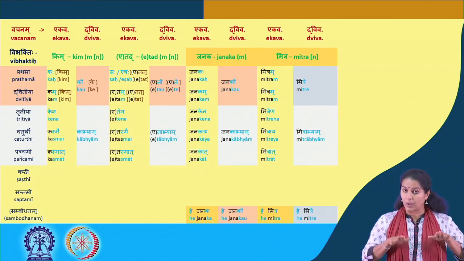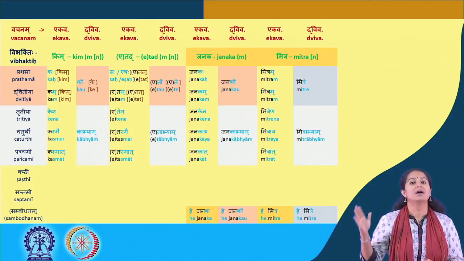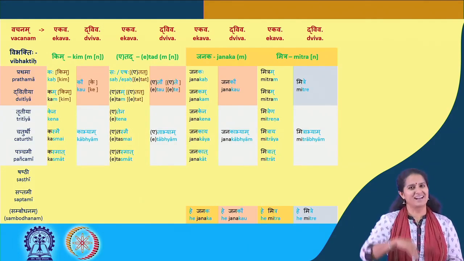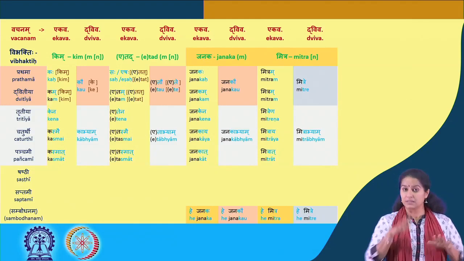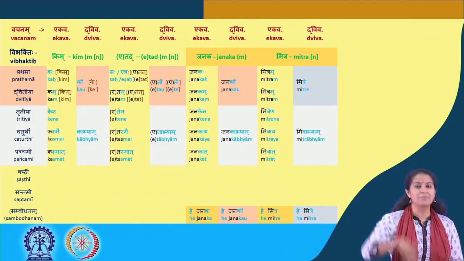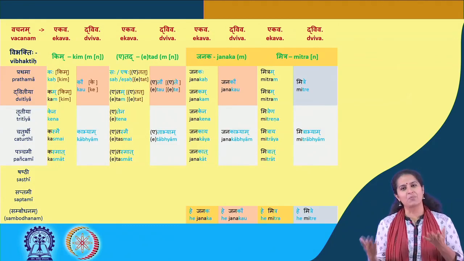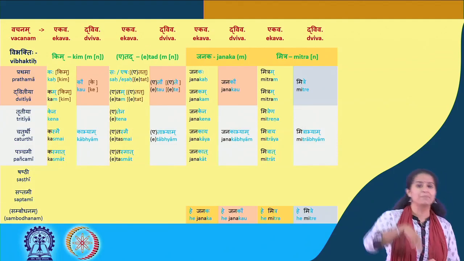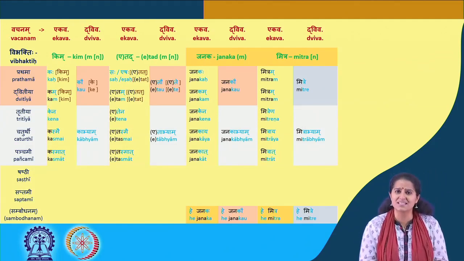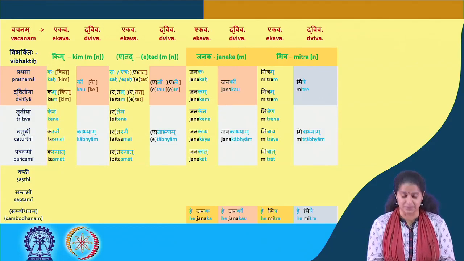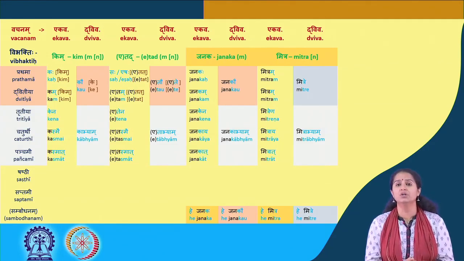So kau, kabhyam, kabhyam, kabhyam. And for the tat becomes tau, tau, tabhyam, tabhyam, tabhyam. And what happens to Janaka? So Janakau, Janakau, Janakabhyam, Janakabhyam, Janakabhyam. So the second case, the dual, as you can see, is relatively easy to remember. What happens to the neuter?